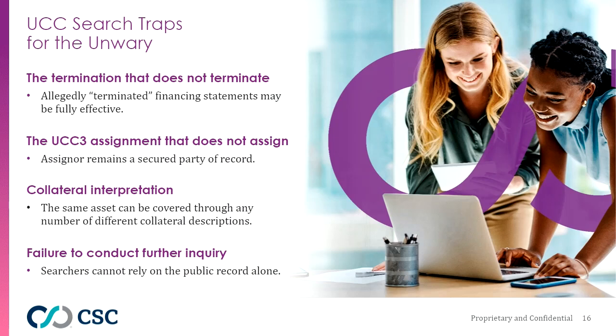And in terms of the collateral statements of UCCs, you're going to see a lot of different variations, potentially, of language, and how, for example, an item may be described throughout the course of the UCC1's filing history, whether it's, for example, equipment such as computer equipment, which then may be identified as all assets, etc. So the same asset can be covered through any number of different collateral descriptions. And frankly, oftentimes you see UCCs that are filed as just general all-purpose, all assets filings.